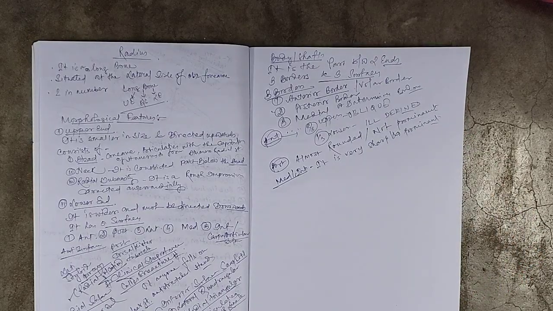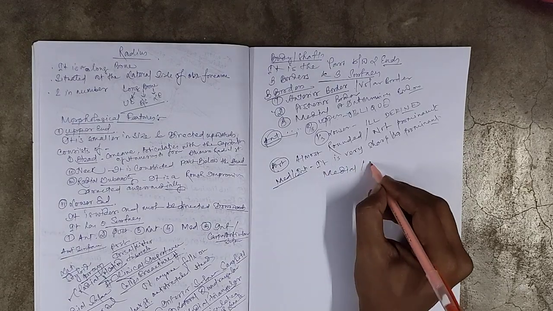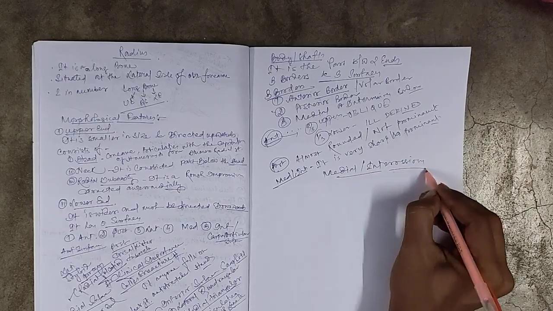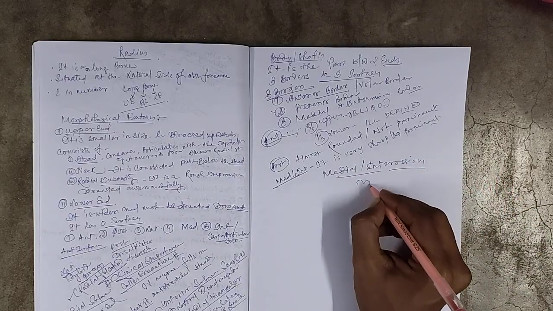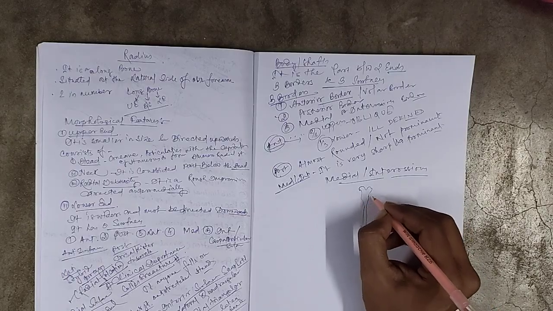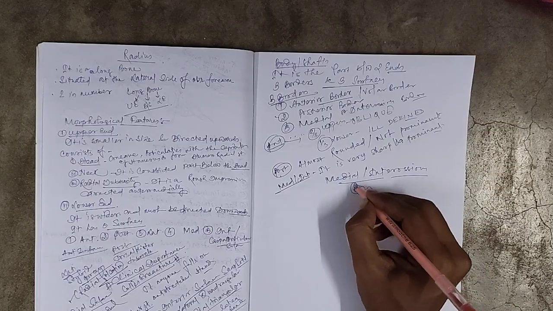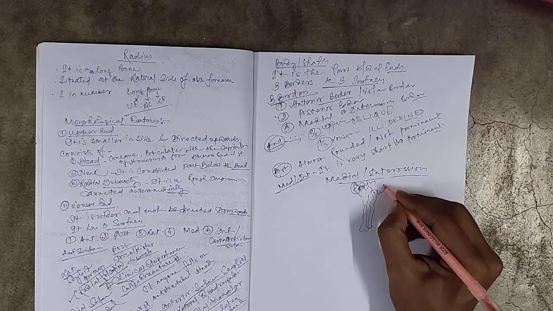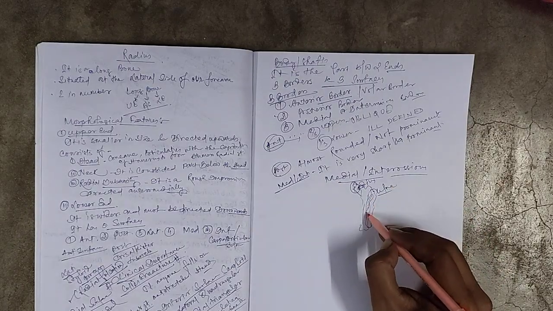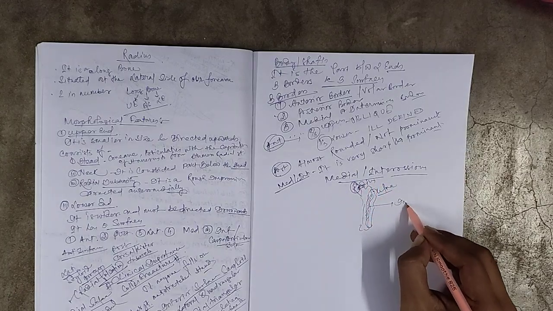Now a question comes in our mind, why the medial border is also known as interosseous border. Now we'll discuss that answer. So if you take this as a radius bone, suppose, and this is the ulna bone, radius, ulna. Here a gap is present. This is known as interosseous membrane